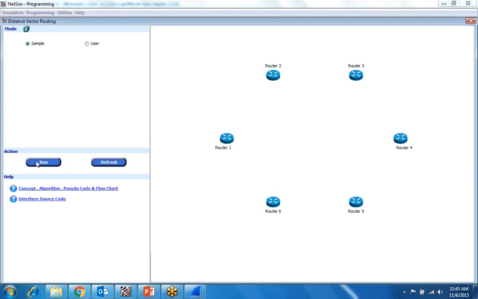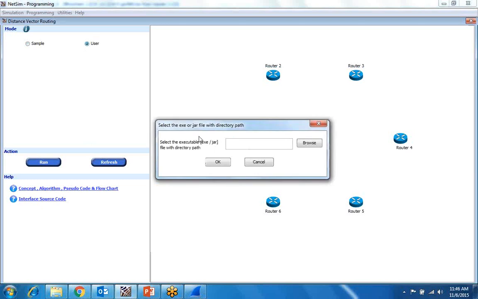When you run, it will run according to that program, and that program is available in Code Composer Studio, which has an interface with NetSim. When you click on interface source code, that program will open in Code Composer Studio, and you can edit those details and create your own exe file. When you click on user, it will ask you for an exe file, and you can browse to that exe file which you have edited and connect it through NetSim.